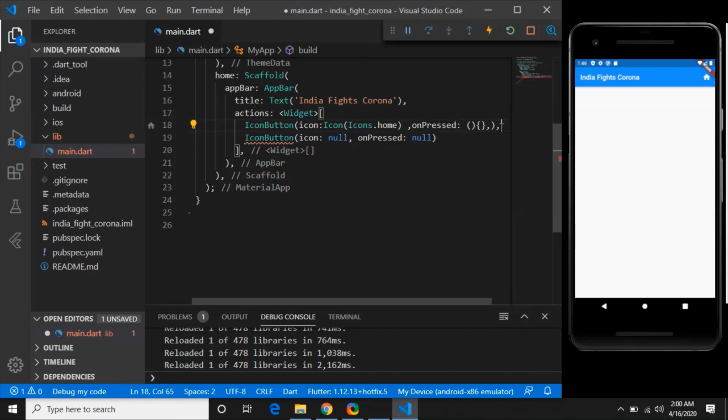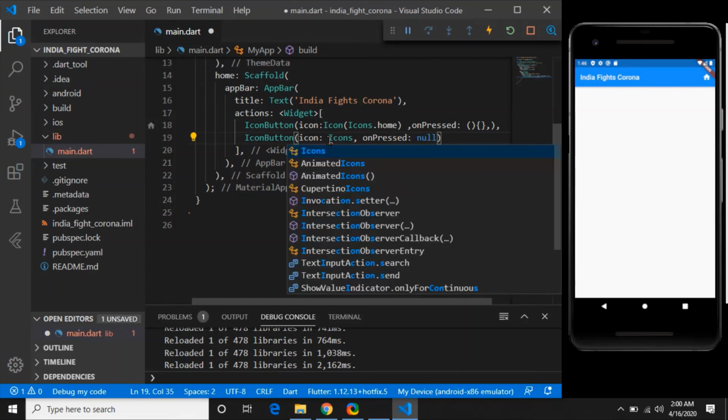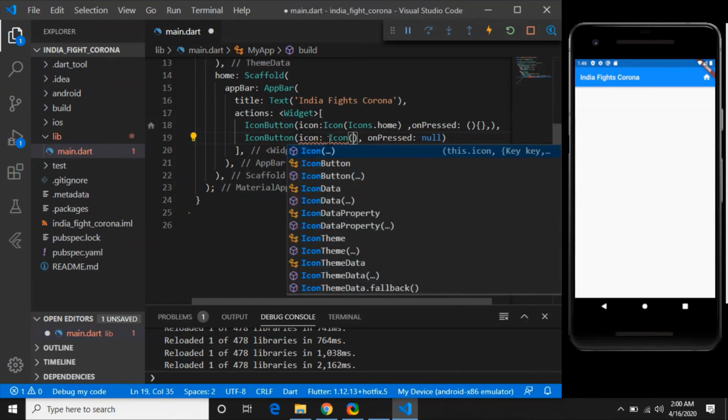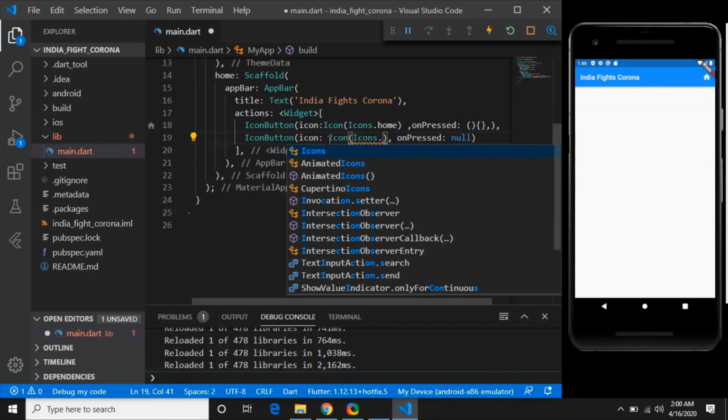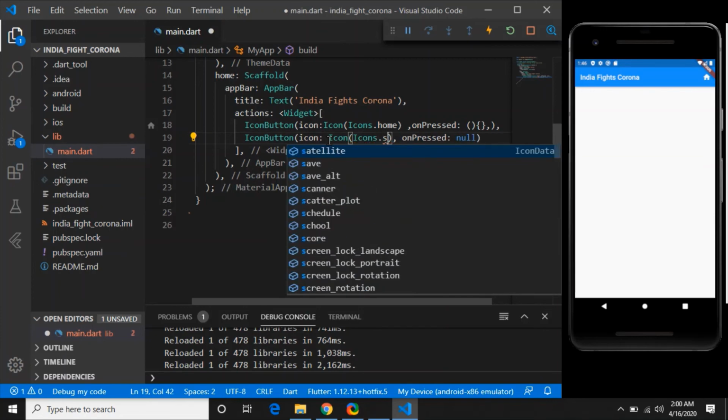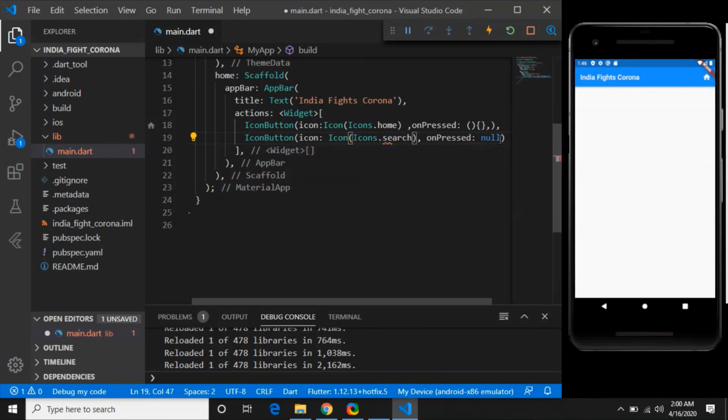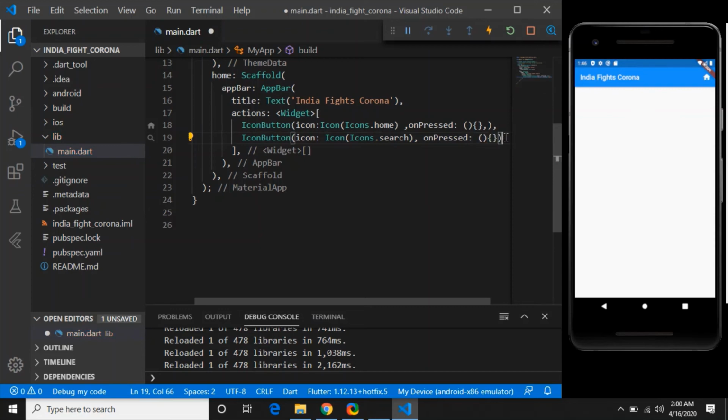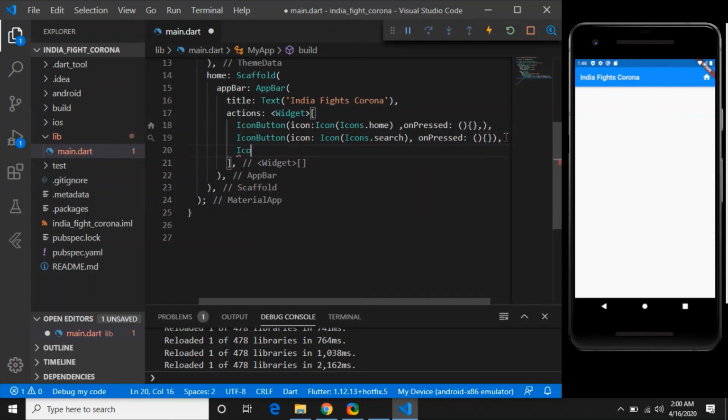Now the second icon: in that icon, let's say I want search, and onPressed an empty function. Similarly I will add one more icon button, and in that I will have an icon.